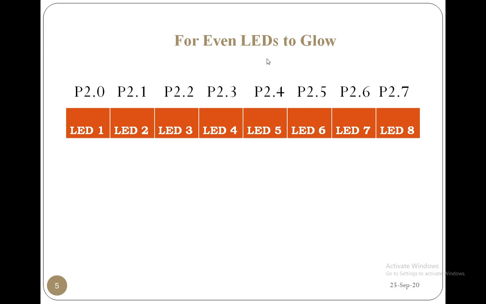Here I want to activate the even LEDs, right? So I am going to give LED 2 a 1, LED 4 a 1, LED 6 a 1, LED 8 a 1, and for all the remaining ones I am going to give 0. I want to give this bit pattern to the LEDs to glow the even LEDs. That is how we specify it from the processor to the LEDs. The processor has to tell the LEDs that you have to behave like this, right?